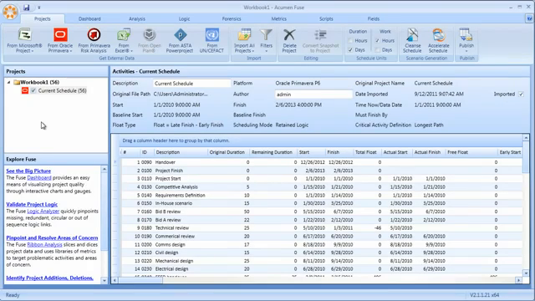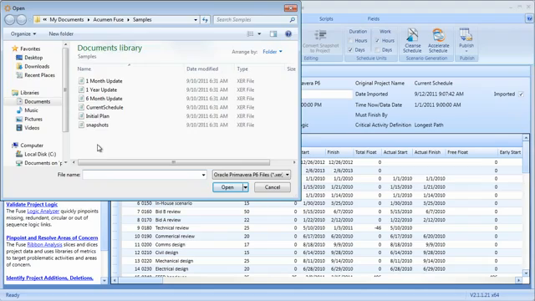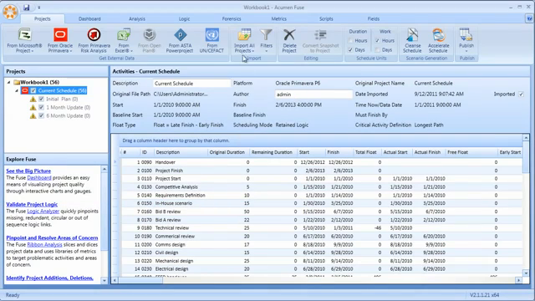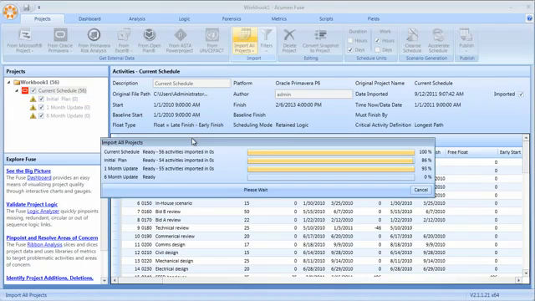In fact, multiple projects, even from different platforms, can be analyzed in a single Fuse workbook. In a similar manner, comparisons and variances between perhaps iterations or status updates or different snapshots of a single project can even be conducted. In this example, let's select some previous iterations of the schedule, load them directly into Fuse,